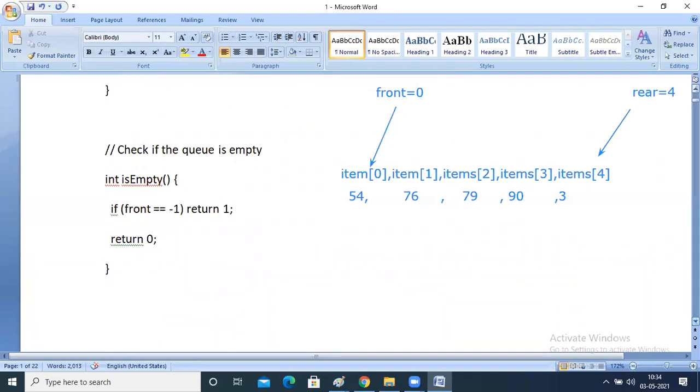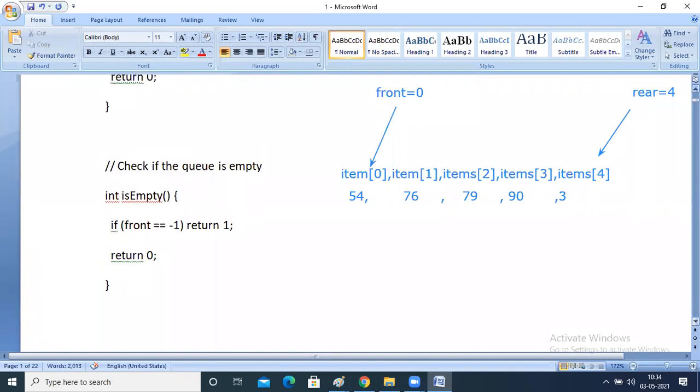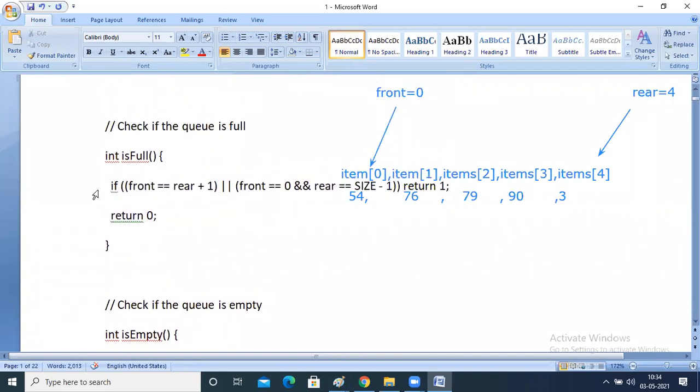So when will it be empty? When front is equal to -1, it will be empty. So you can see this part. This step, if front is equal to rear plus 1, will be possible only in a circular queue.